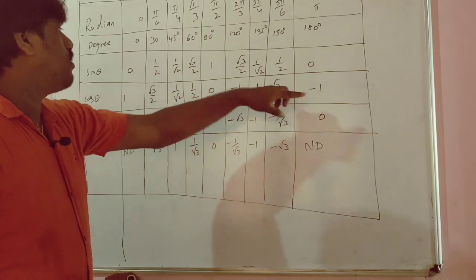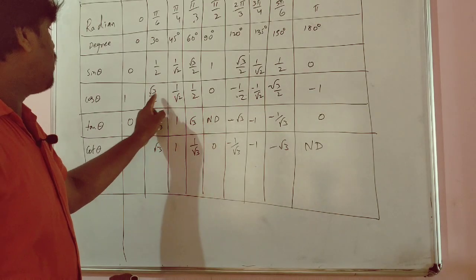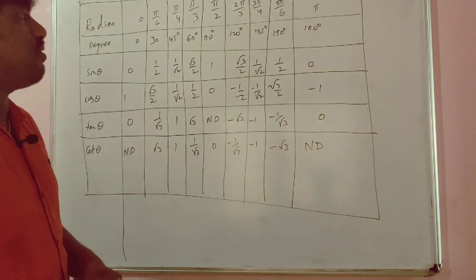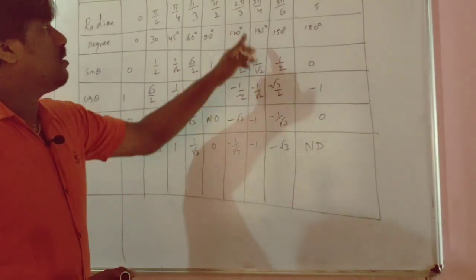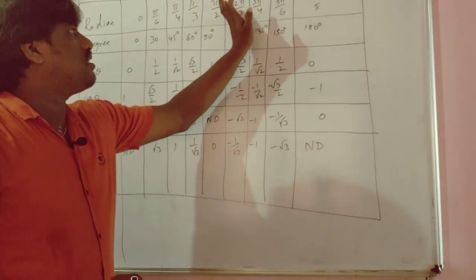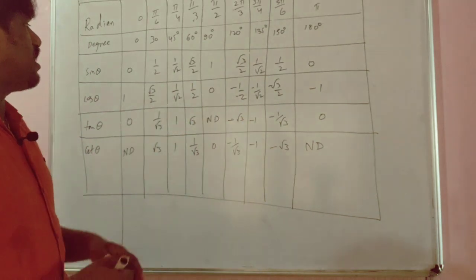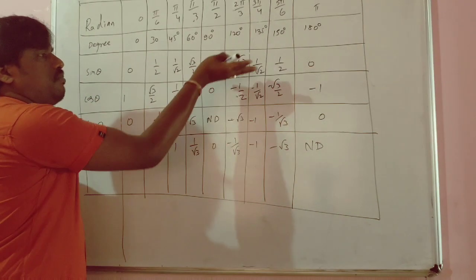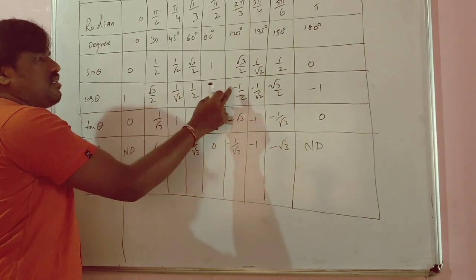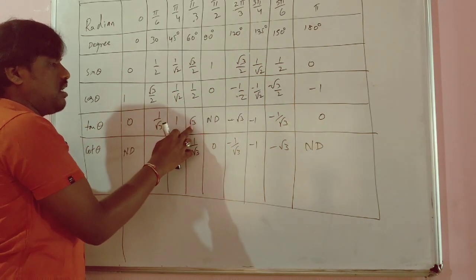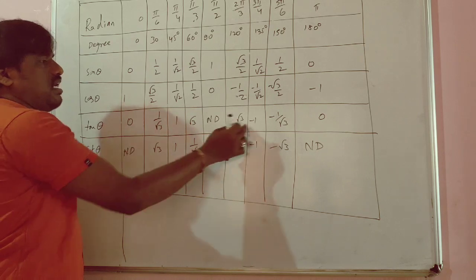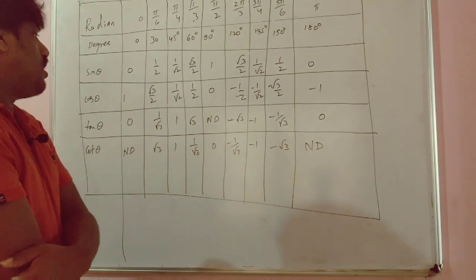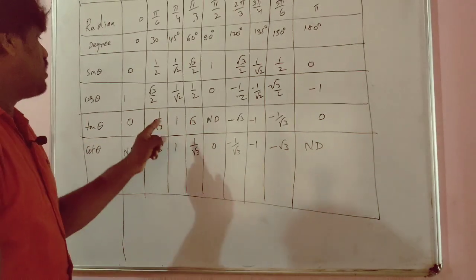From here it is reverse, okay. Here also from here it is reverse but with a negative sign, because in the second quadrant cos is negative, because this is the second quadrant. So cos is negative. Just see that you are getting the reverse of this. Here it is positive and here you are getting the reverse with a negative sign. And here you are getting again the reverse with a negative sign. That's it. But you just concentrate on this and just see this.